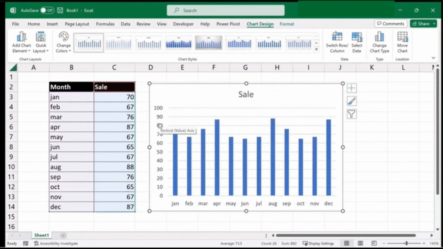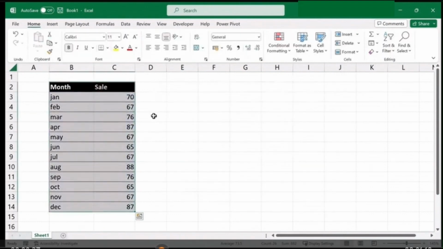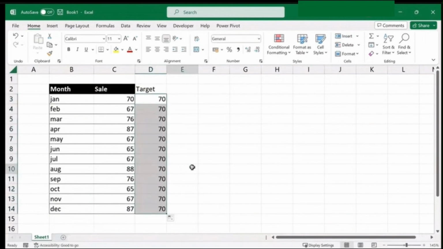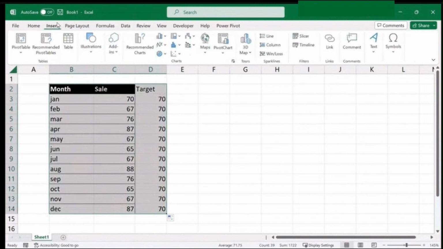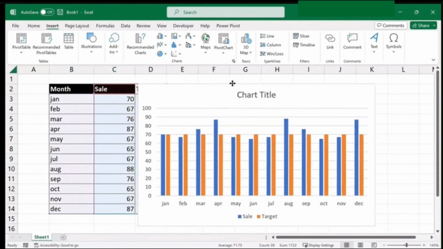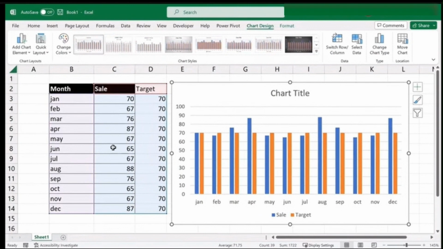Now for that, I will just go ahead and delete this, create a column for target, and add a number to that. Let's say I have added 70. I'll now select all the data and create a normal column chart. Now you will see that this normal chart has come up. It's showing the two verticals here. The blue one is showing the sale, and the orange one is showing the target